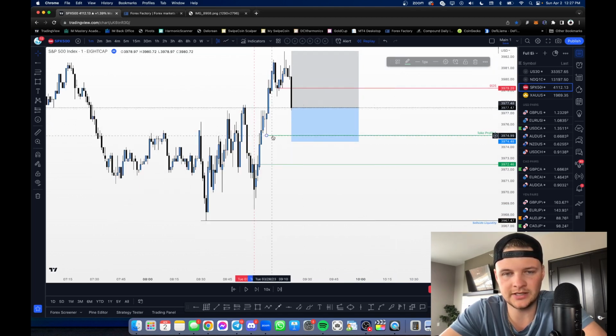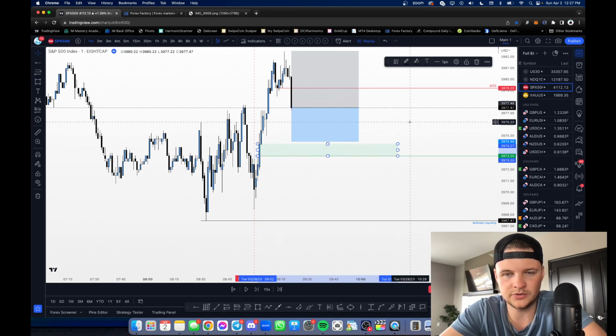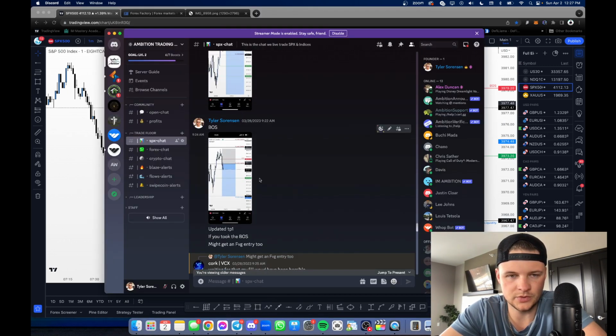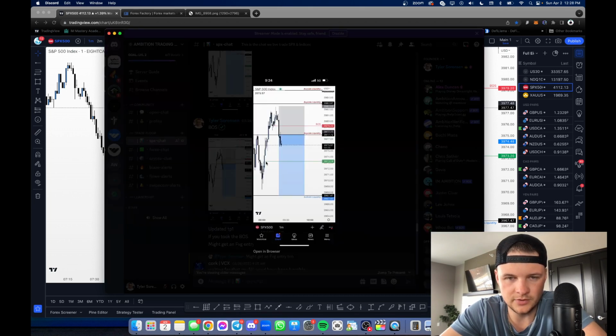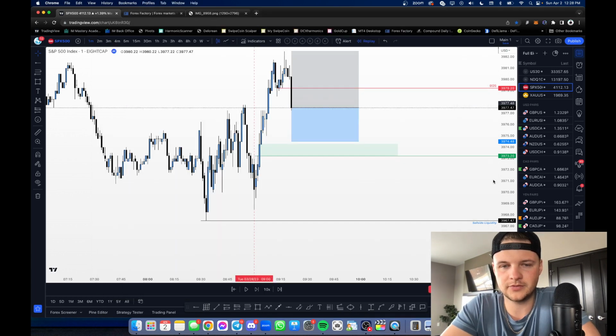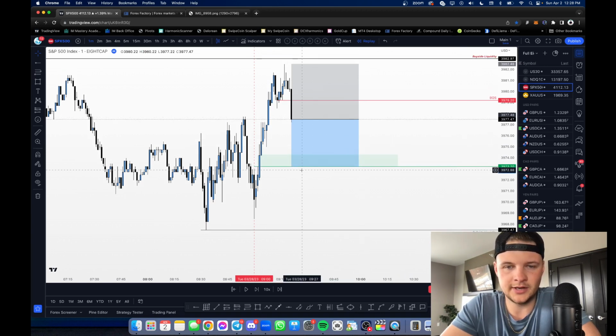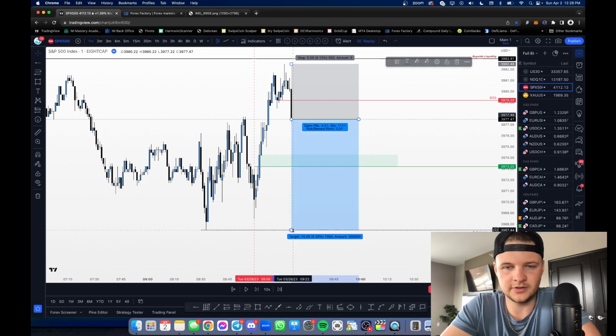What I did, though, is I deleted this take profit, and I made take profit 1 the close of this fair value gap. You guys can see there's a fair value gap right here. TP1 was up here because the risk reward would have made sense, right? If we look at this, I'll show you guys. So we got the break of structure. This was our TP1 right here. And I'll admit, I'm usually not even looking to make TP1 a negative risk to reward. But this was a day where I ended up doing that. Risk to reward was literally less than 1-to-1. Not ideal, and not something that is done often whatsoever.